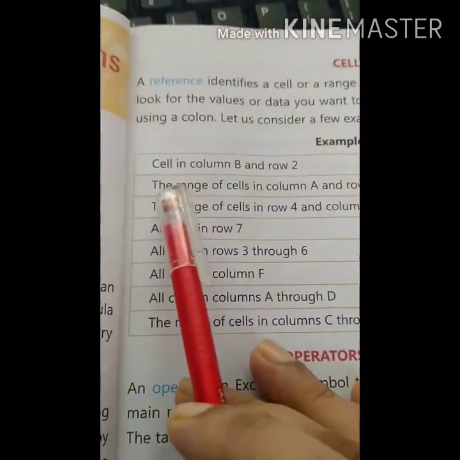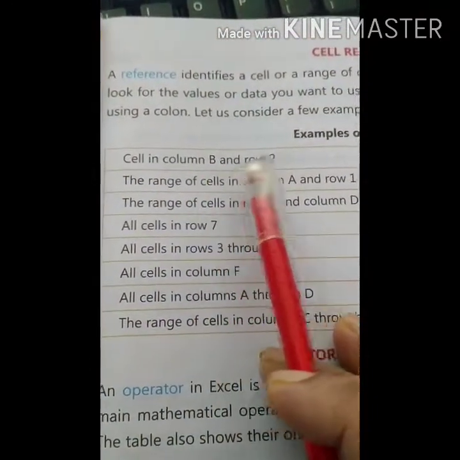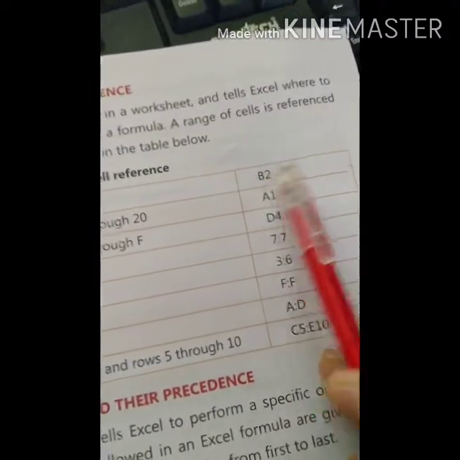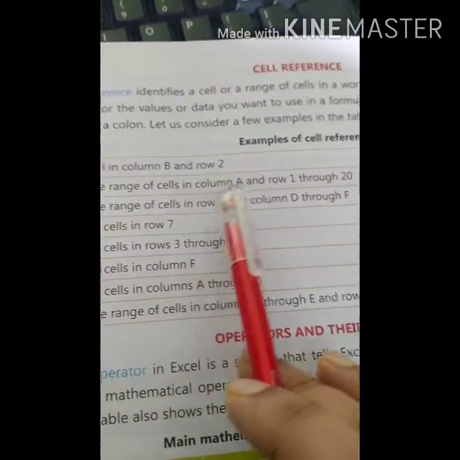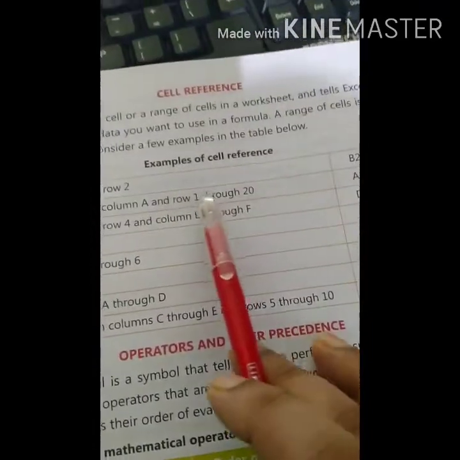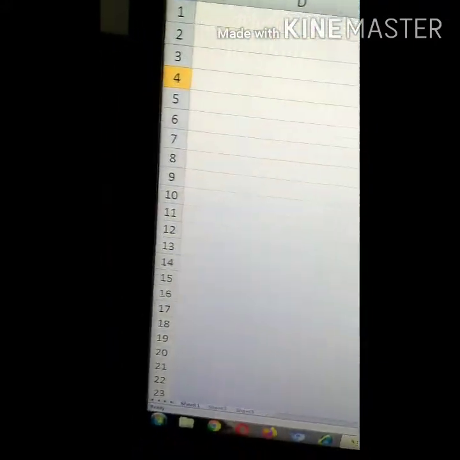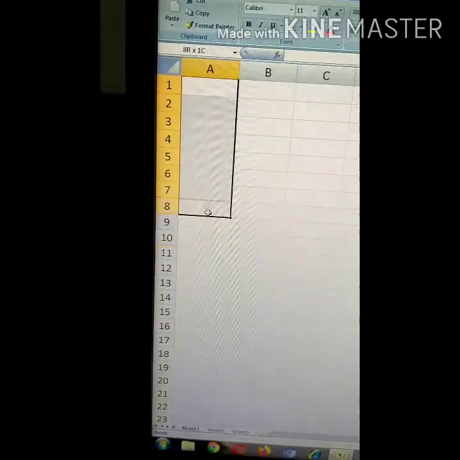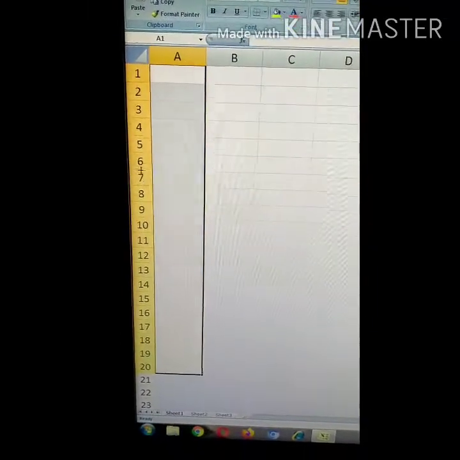First, a cell in column B and row 2, column number B and row number 2, that you can write like this, B2. This is a range of cells in column A and rows 1 through 20. In rows 1 to 20, it is telling column A. So I will bring column A, A1 to 20 here.